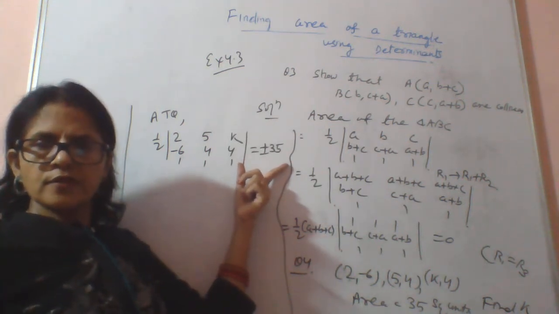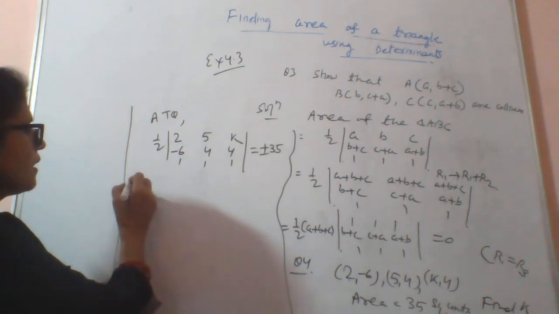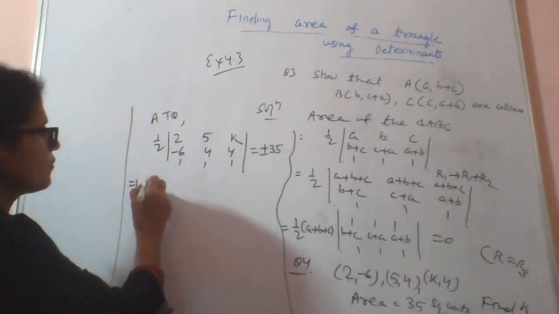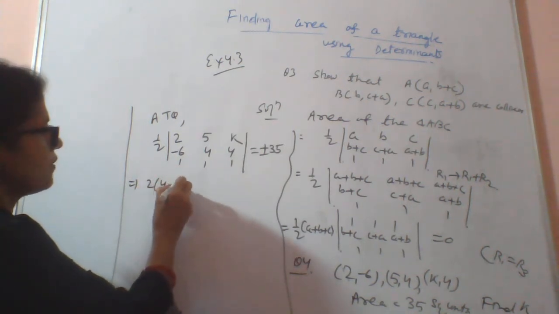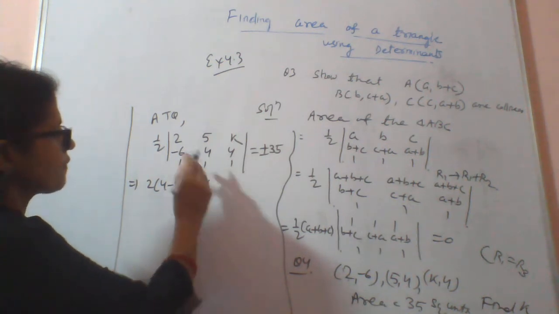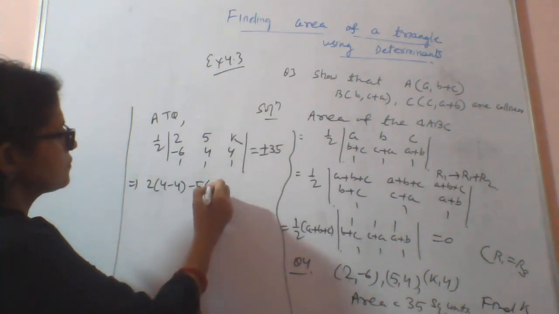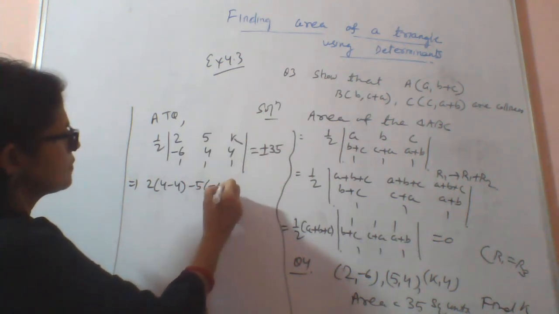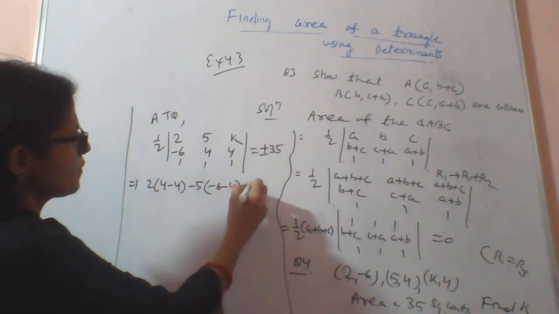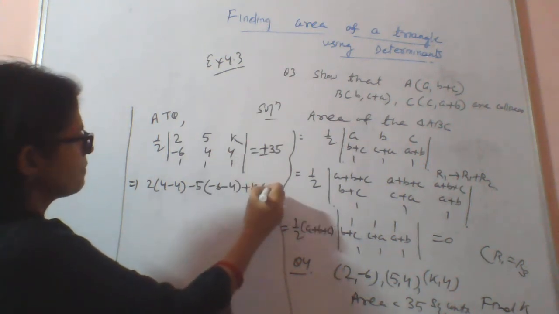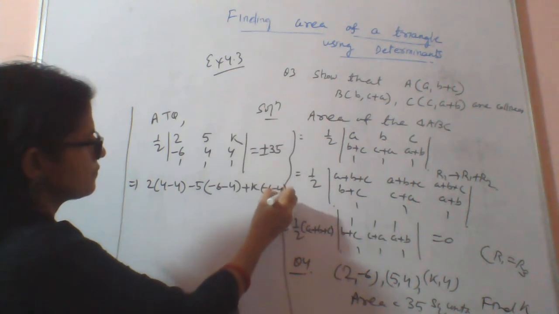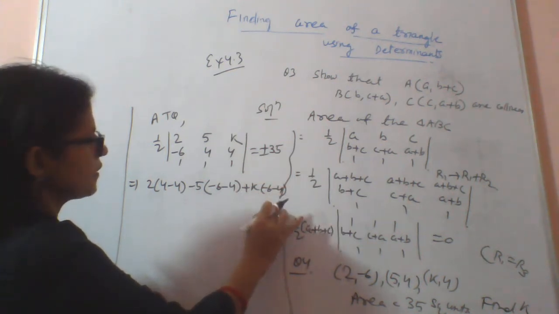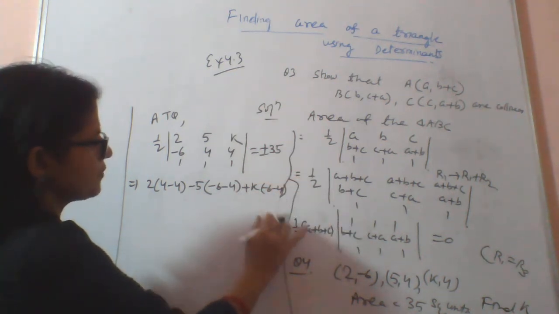So we are considering both the cases. Now this implies 2 into (4 minus 4), minus 5 into (minus 6 minus 4), plus k into (minus 6 minus 4), that is equal to plus minus